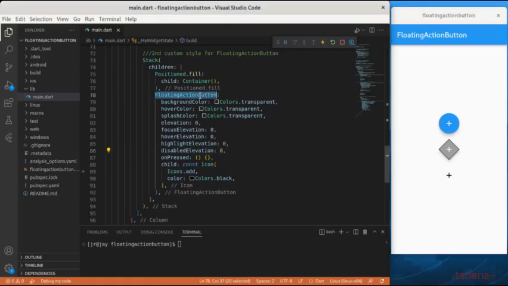In our floating action button, we're going to set the background color to transparent, for the hover as well,